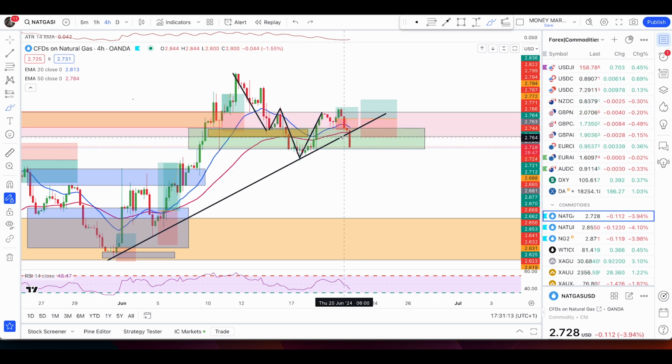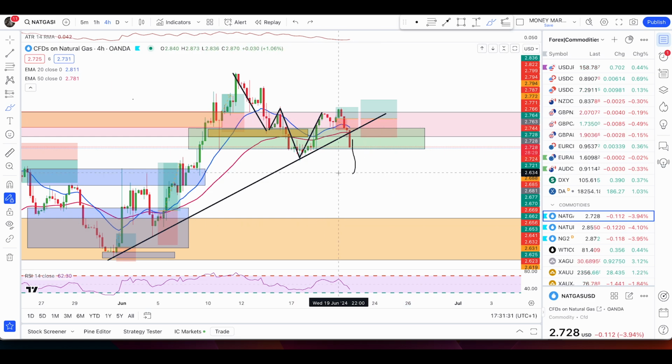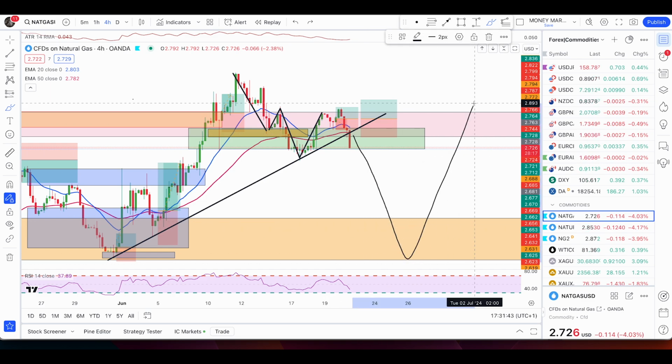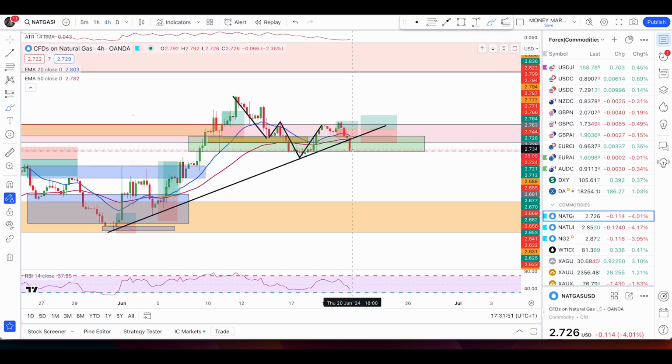So very important for the complete bearish confirmation, wait for the next red candle. Once this is closed, I want to see a next red candle and then a pullback. With that, I want to see a bearish engulfing candle. That will be a confirmation that price now wants to push lower, and then we're going to start to look for the bearish trades only till this zone, which I've already mentioned in my yesterday's video. Feel free to check the video out if you want to mark these zones on your chart. That is a trend continuation bullish area from where we can expect another push up. So we are short-term bearish, not long-term, but we are good to go for our sell trades once we have